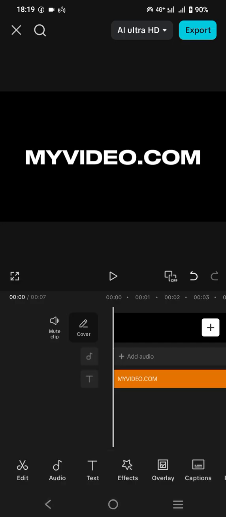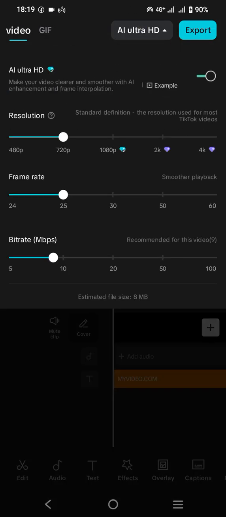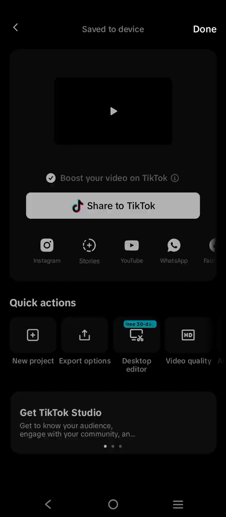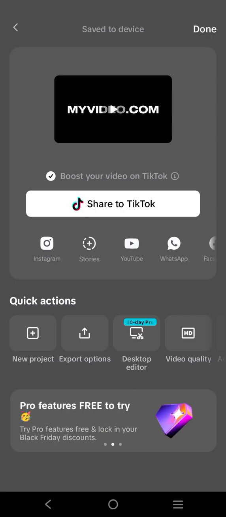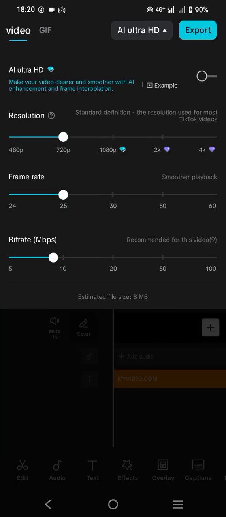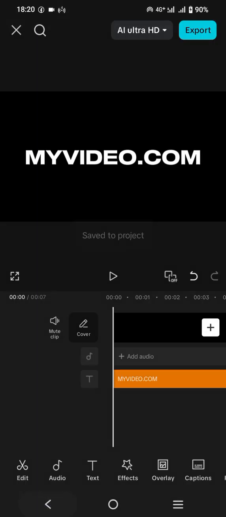After that I will click this AI Ultra HD and I will deactivate this toggle, and I will keep the resolution, frame rate and bit rate like this and continue to click export and kindly wait for the process. And this myvideo.com has been saved into the video, and I will go back to the project over here,